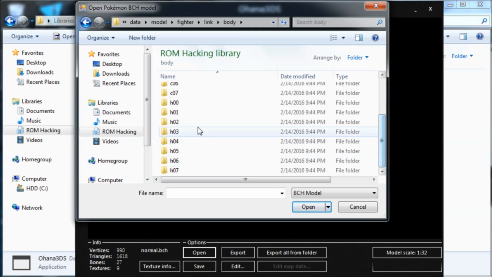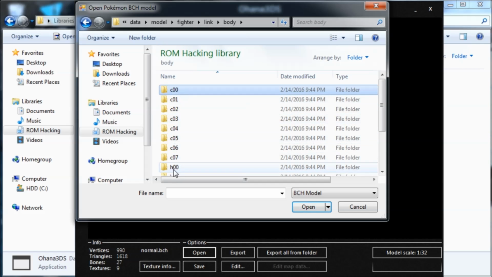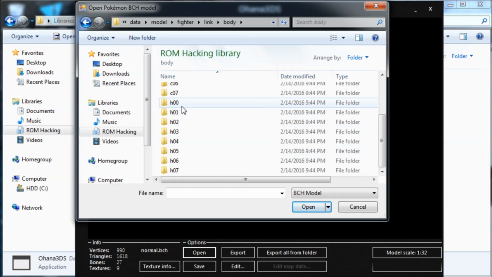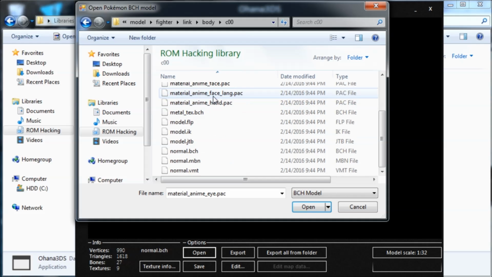These H ones, on the other hand, are high resolution versions of these models. These are the ones that will show up in the pause menu, when you're taking a screenshot and stuff. The C ones are used to improve speed in the game, because the 3DS is an underpowered system, so it kind of needs this to be able to run the game fluently. So I'm going to go in here and open what I want to open, which is